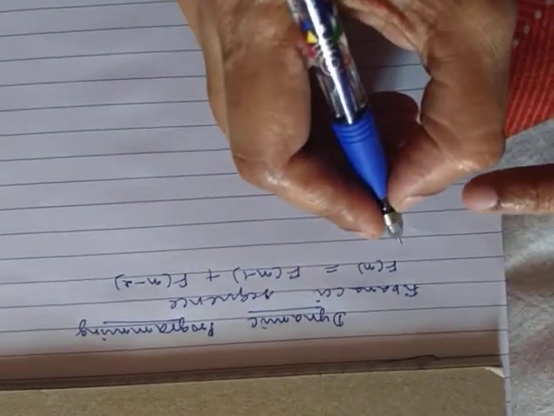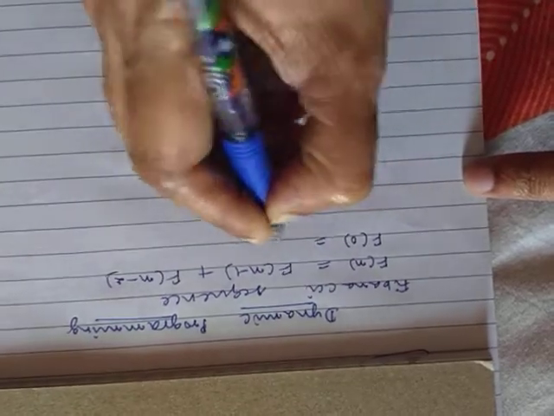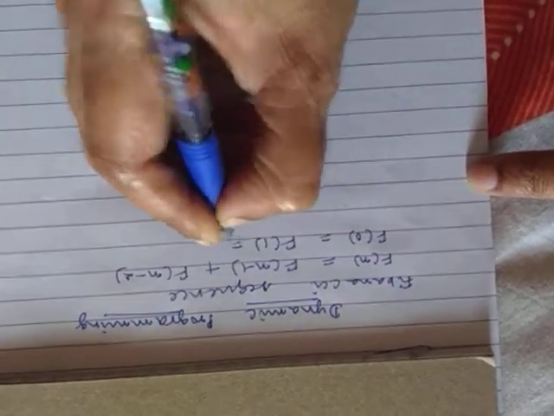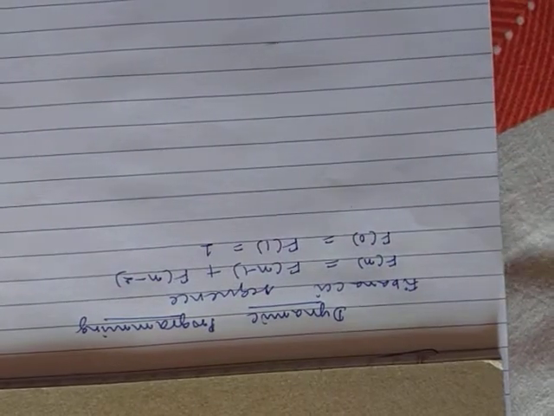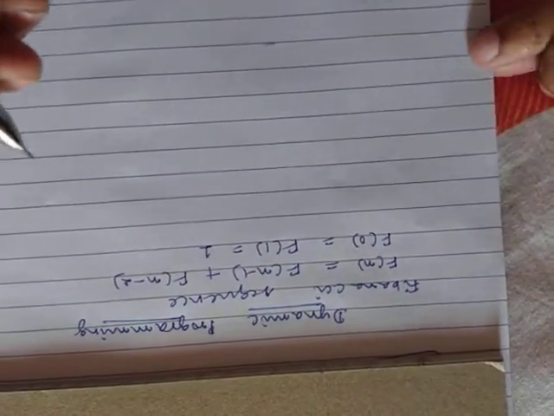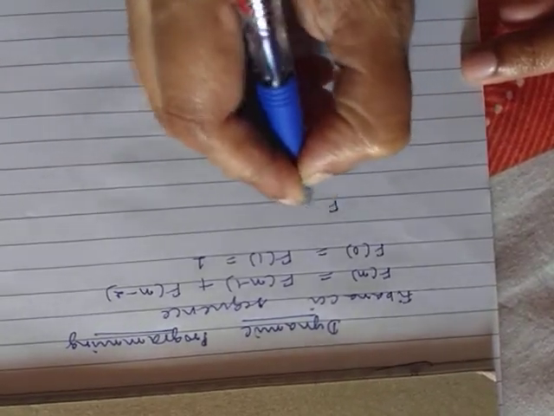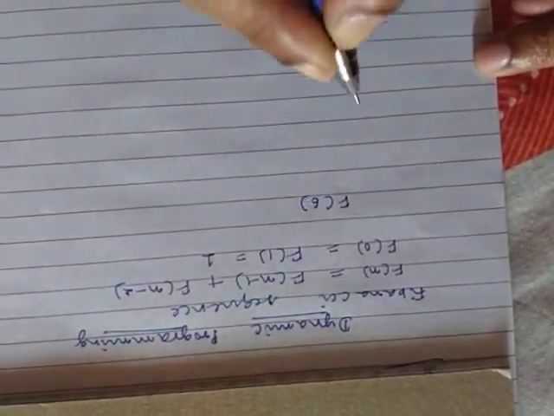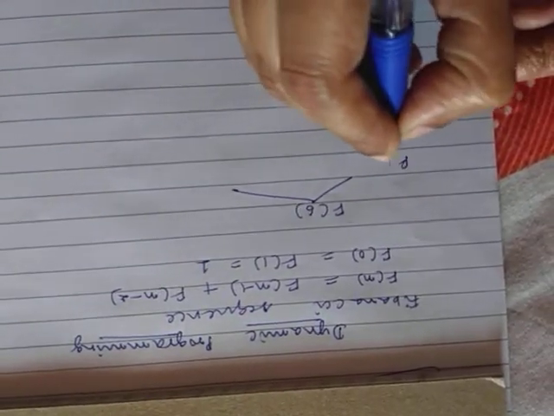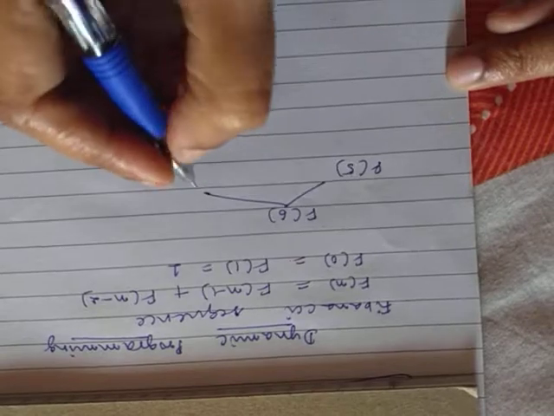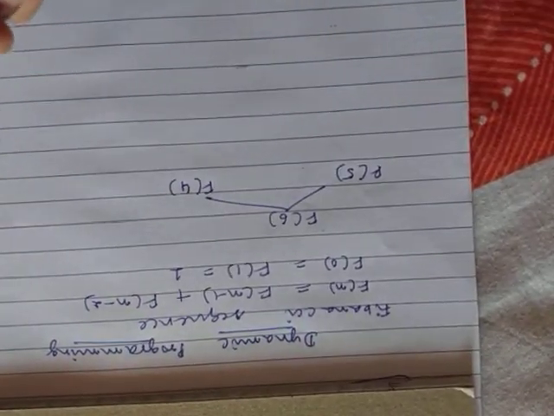So this is a recursive definition. Any recursive definition must have an initial condition. So for the Fibonacci, the initial condition is the first and the second numbers are equal to 1. If I have to generate the Fibonacci numbers using this recurrence formula, say I would want to generate Fibonacci of 6. Then as per the rule, it calls to generate the two previous Fibonacci numbers. They are F5 and F4.